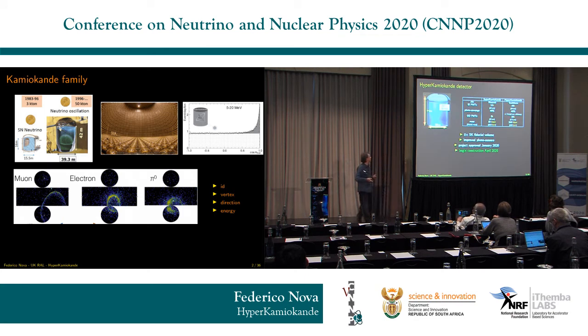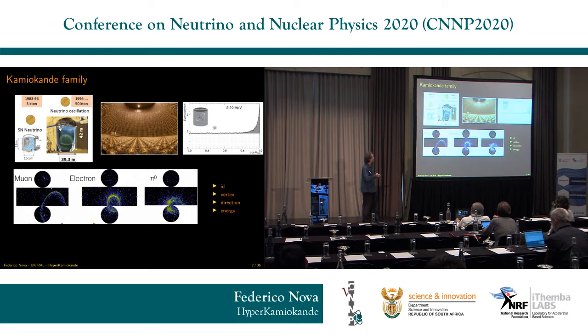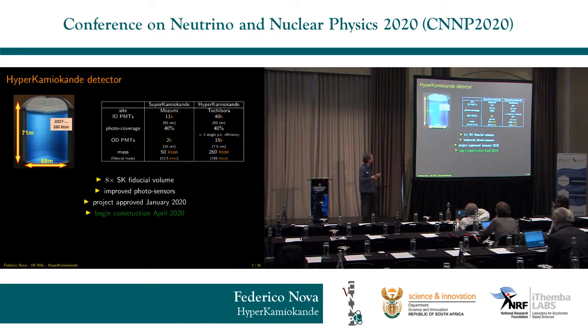And so the next step in this kind of progression is Hyper-Kamiokande, that is now 260 kiloton as opposed to 50 kiloton. So in this table, I summarized the main changes. The fiducial mass is increased significantly. Now the photocathode coverage, this is the fraction of the area of the wall that is covered by photocathodes. So it's the fraction of photons that you can hope to detect, is the same in Super-K and Hyper-K. But because Hyper-K is bigger, then that means that